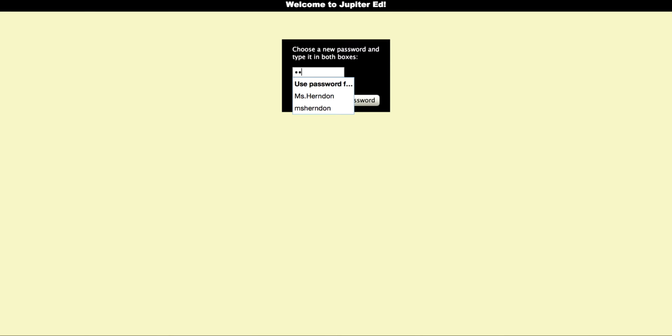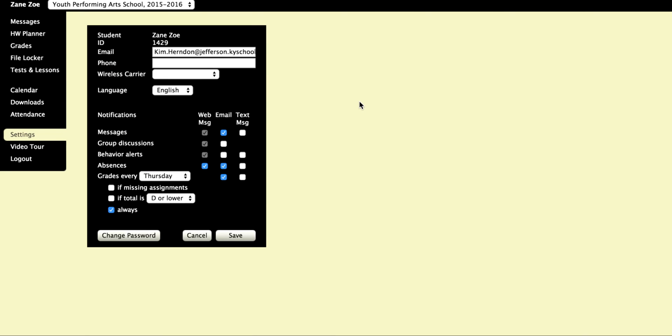So go ahead, and I'm going to go ahead and click in a password for Zane Zoe that I can remember. And then once you've done that, go ahead and click Save Password, and it's going to pop up with this screen. Now here you'll notice I've already typed in my email address, but it will be empty for you,